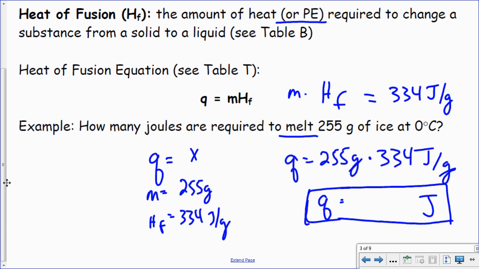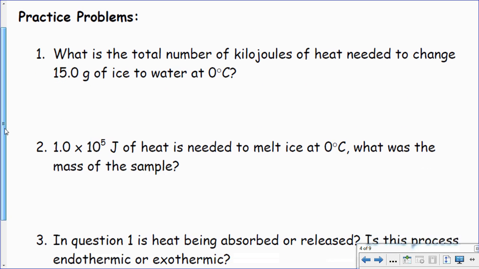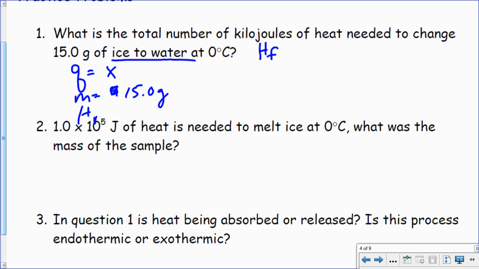Okay, easy peasy. Here you got some example problems. I'm going to help you with some of the keys, and you're going to do them. So it says, what is the total number of kilojoules needed to change ice to water? Ice to water, melting. There's my fusion, so there's my HF equation. So Q says, what is the total number of kilojoules? Don't know. That's my X. My mass equals 15 grams. And my H sub F is